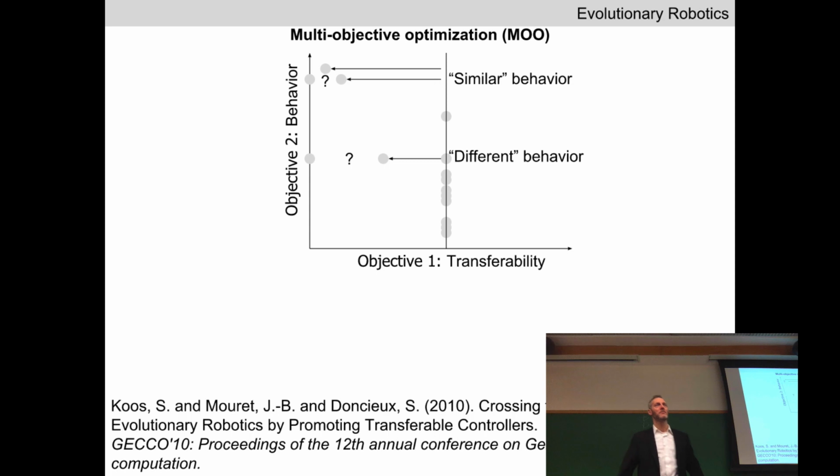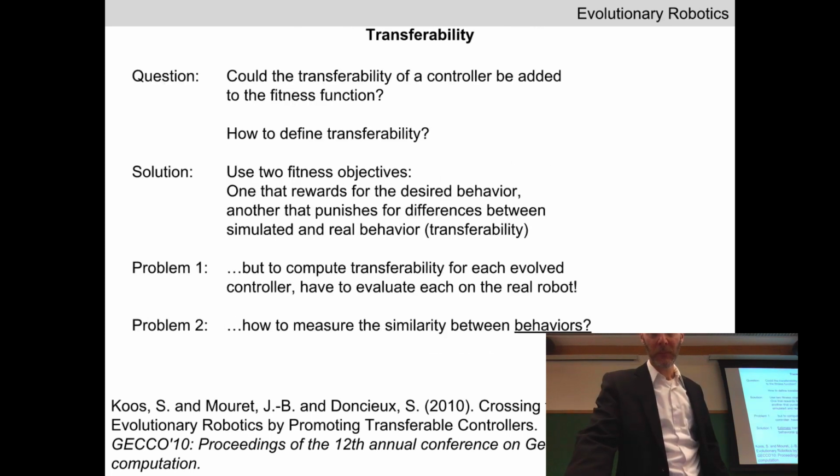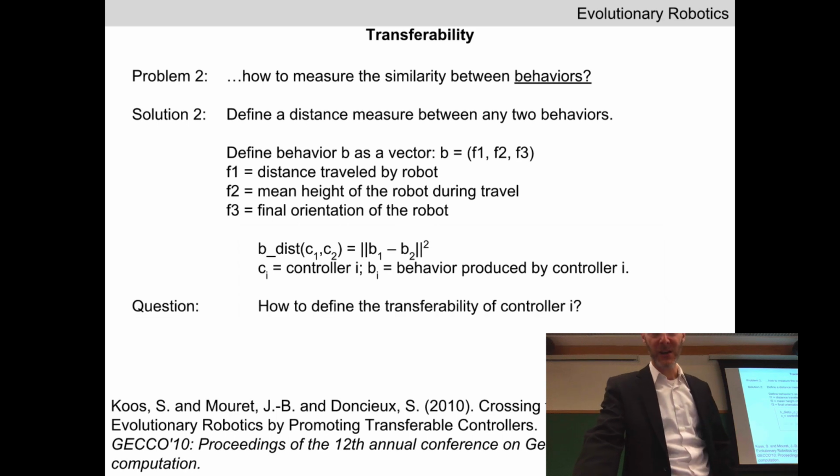Yes? What do you mean it's tiring for the robot? It's tiring for the robot because it's running on a battery. Oh, you're going to run it down. Also, motors, wear and tear. You don't want to do 1,000 evaluations on the robot. You'd like to do a dozen. Okay, we're almost finished here. This is good timing.